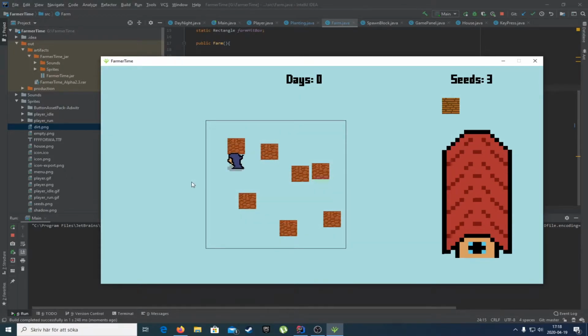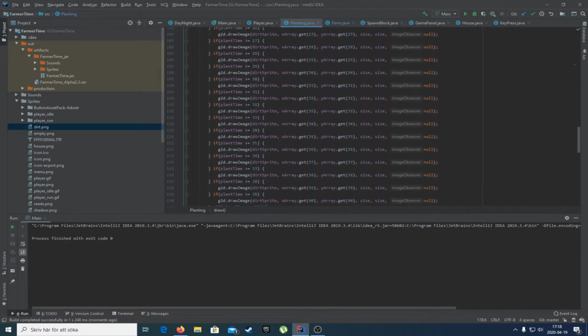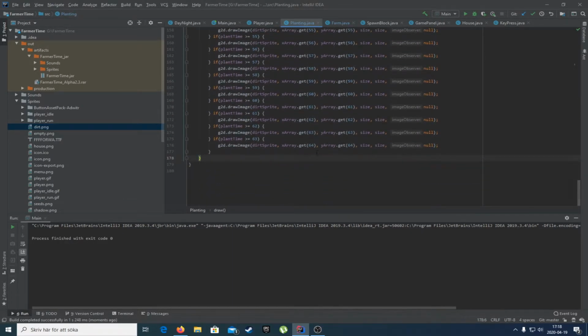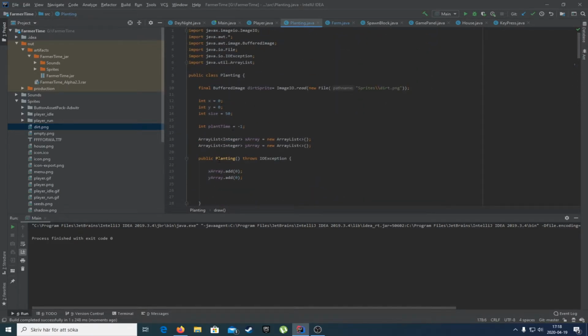I've calculated it, and I think there are around 64 squares in it, so that's why I'm using an array system here to go through and get all the X and Y values,